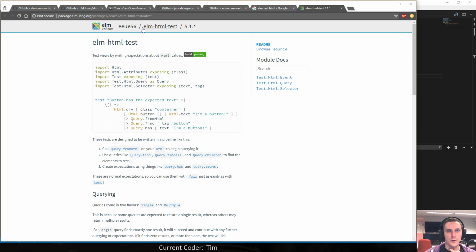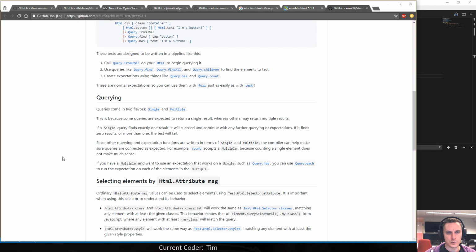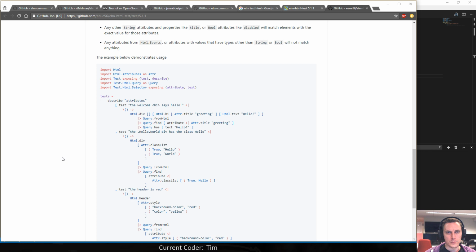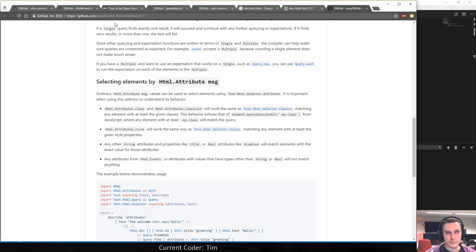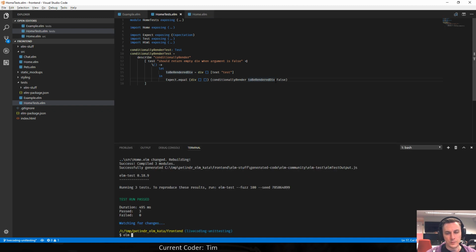Cool. So this is how you need to reference this package now. So there should be a better way to do this, right? Maybe if you go to the source, it'll show you how to install it, or what you could also do, I think, is copy this and then use elm install, I think.